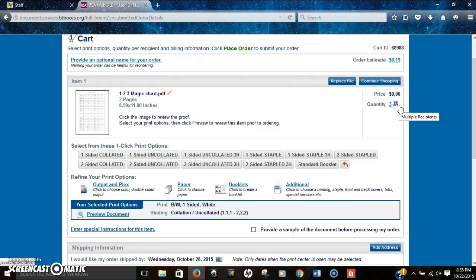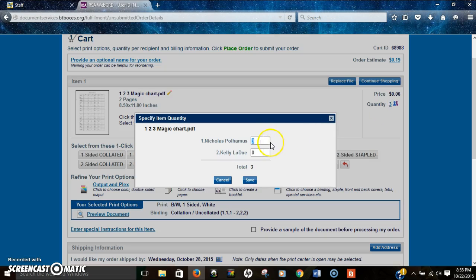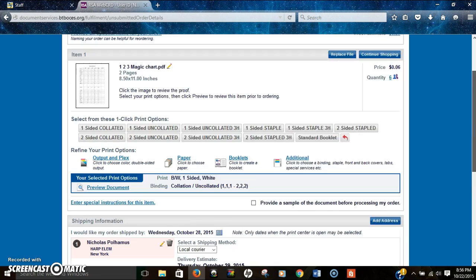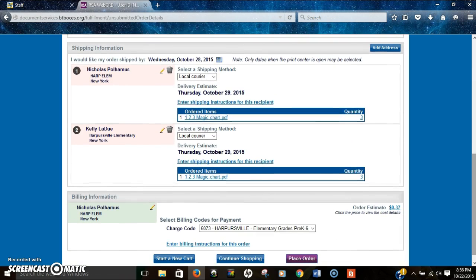There's a few different ways to do this, but you can go to your multiple recipients. It's this blue and purple picture right here next to the quantity of 3. Once I click there, I can change how many I'm getting and how many the other recipient is getting. So I want 3 and say I want the other person to get 3 as well. From there, I would save. And at the bottom, I'd have a confirmation that would show that I'm getting 3, and for example, Kelly Ledoux